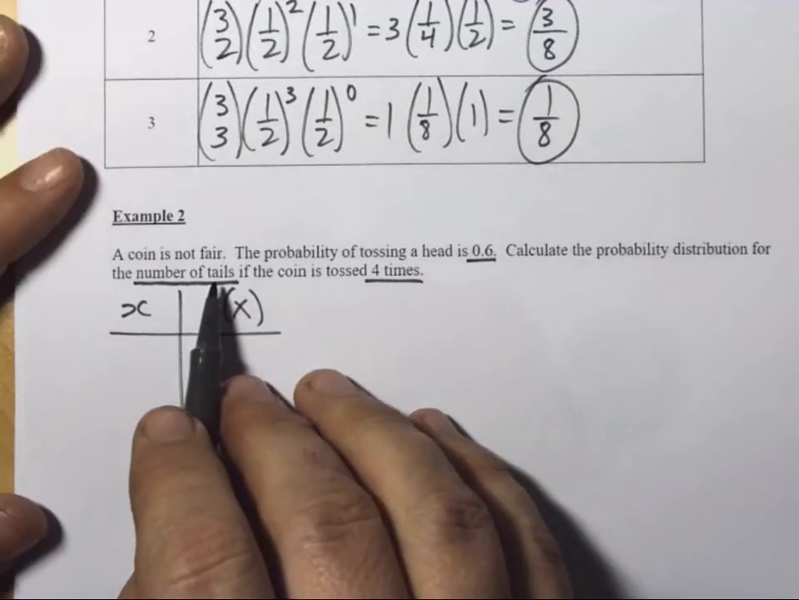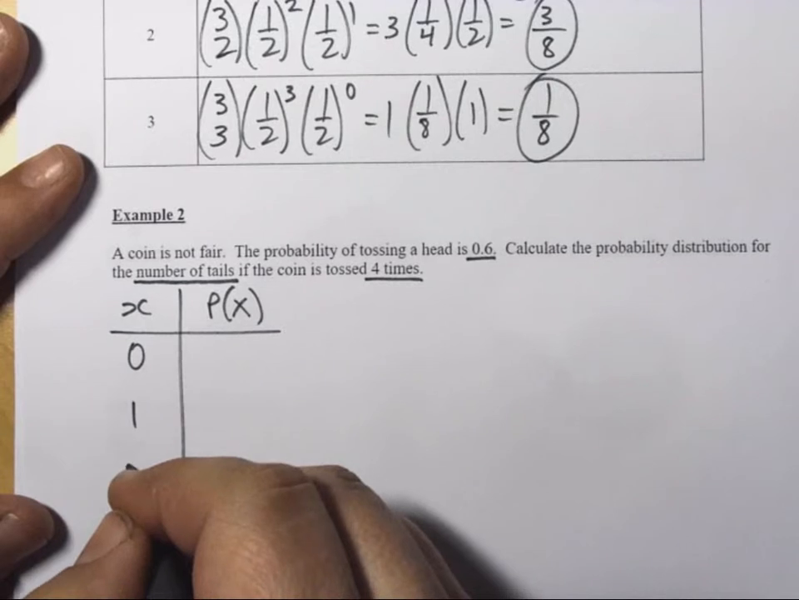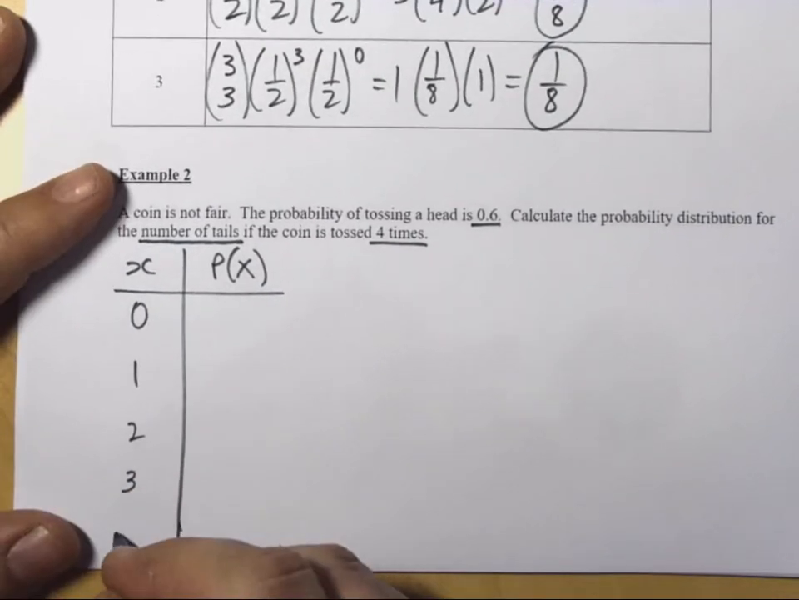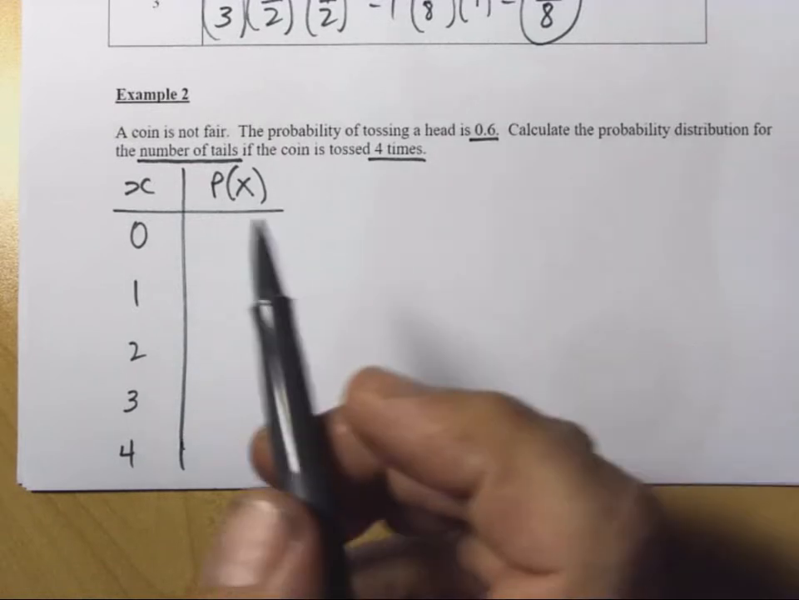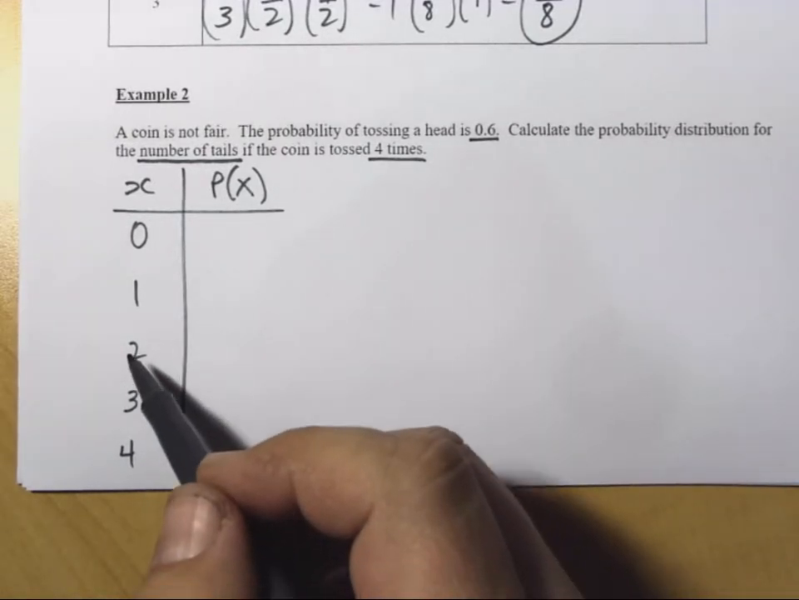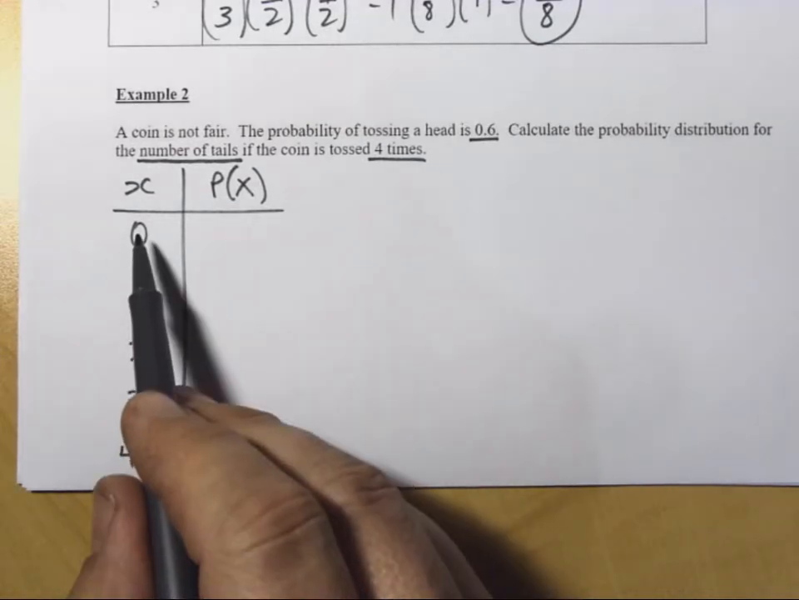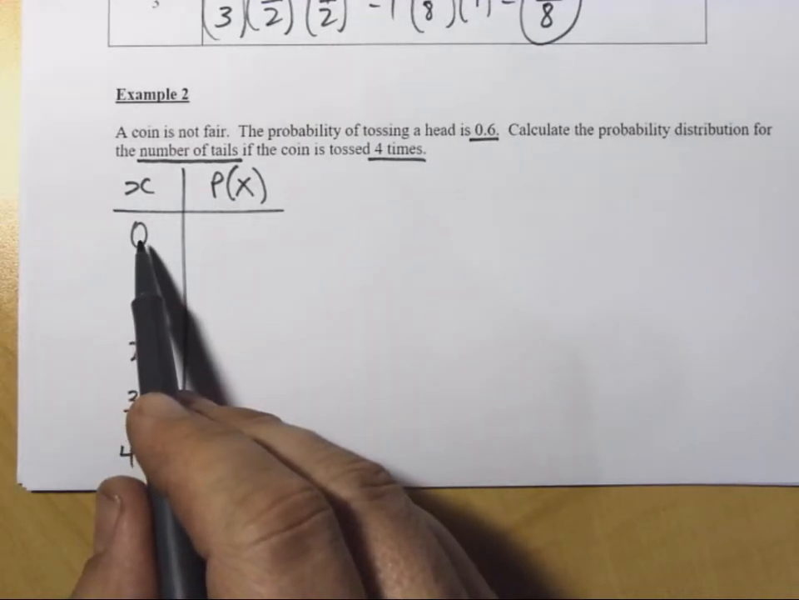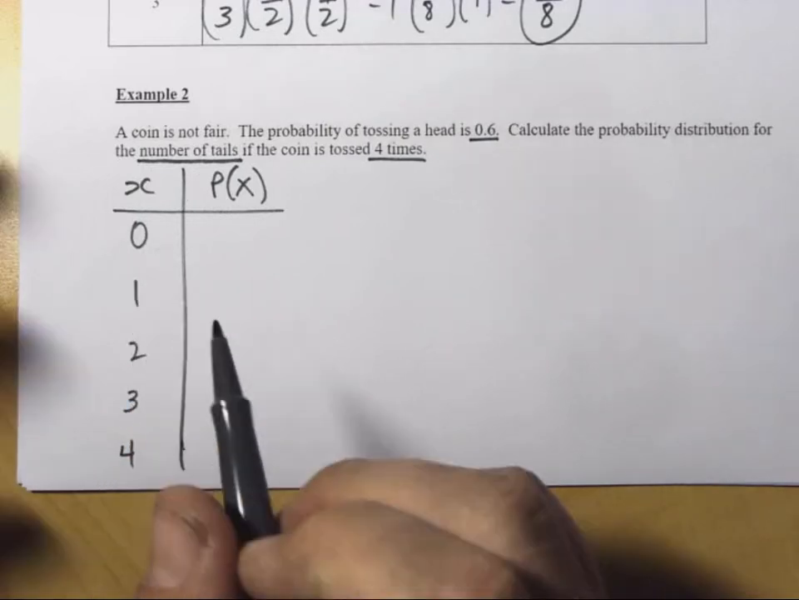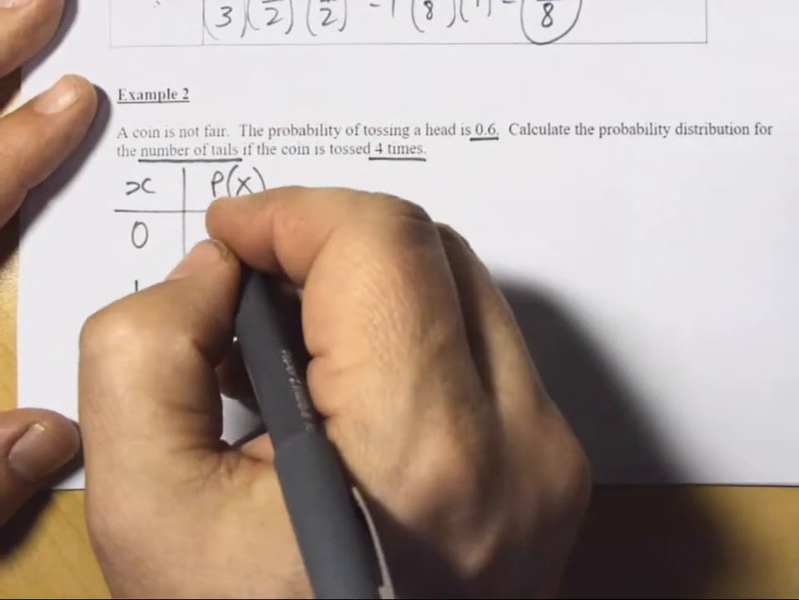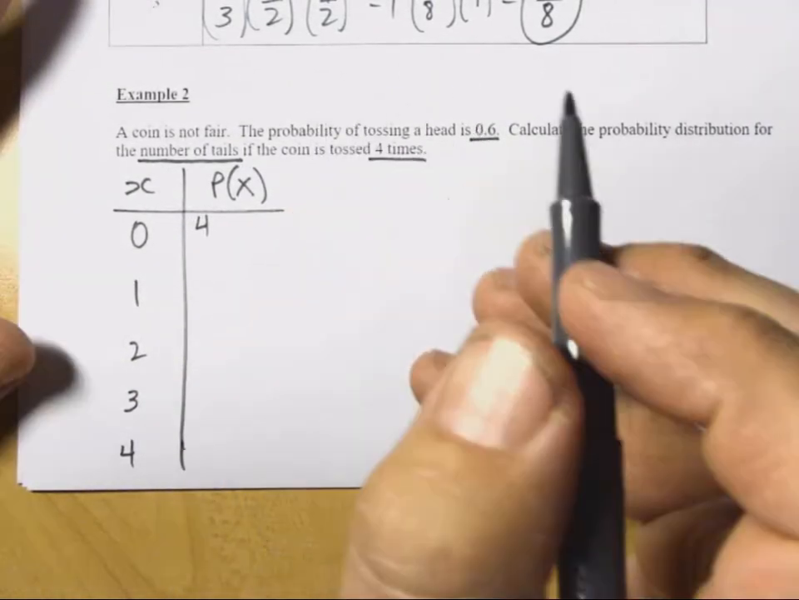How many tails could we get in 4 flips? Well, we could get 0 tails, we could get 1, 2, 3, or all 4 tails. That's what's possible here. But what's the probability of getting 0 tails? Think about what that means. If you got 0 tails, it means you must have flipped 4 heads. 4 heads means this. In 4 trials, we're going to use the same idea using the binomial theorem, but now